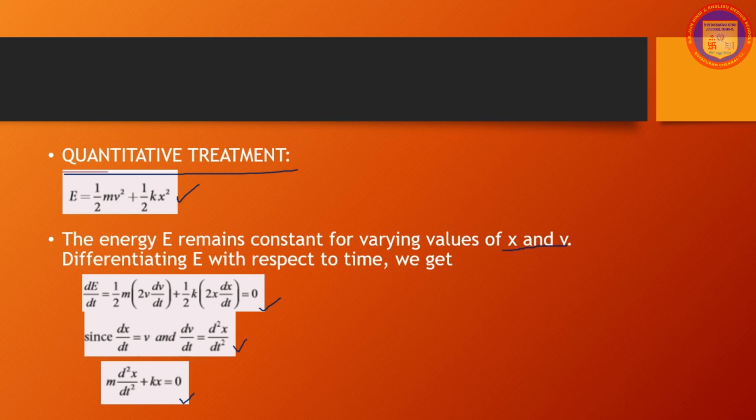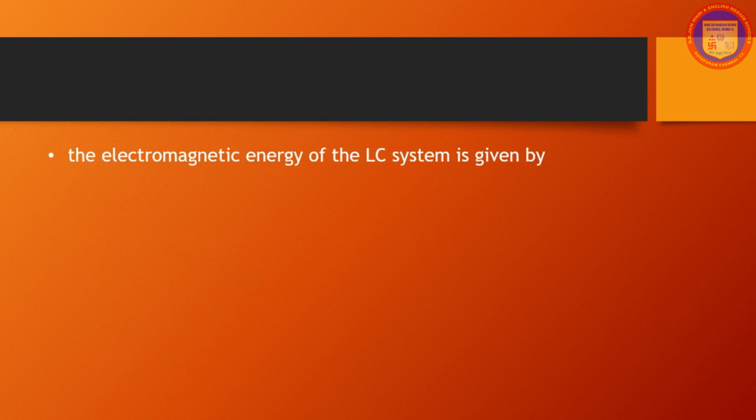So this can be taken in the form x of t is equal to xm cos(omega t plus phi), where xm is the maximum value of x of t, omega is the angular frequency and phi is the phase constant. In the same way, we are able to derive for the electromagnetic energy of the LC